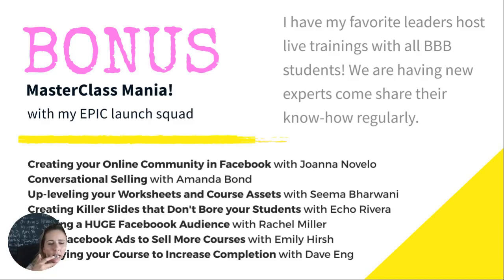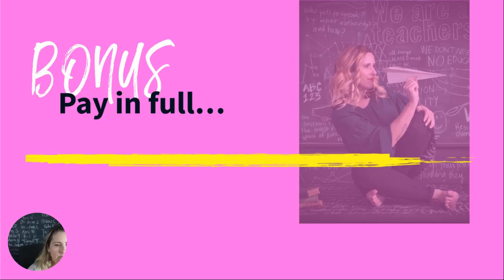Rachel Miller's amazing. Just Google Bond. I mean, any of these people. Joanna's a little more behind the scenes, but of many people's businesses. She's actually launching a course out of Build a Better Beta this week or last week, I think. But Emily and Amanda are amazing Facebook ads people. Echo is higher ed, and so is Dave. So many of you might be like, oh, I don't know them. That's because they're from a different space, but that's also a positive. Seema's awesome. She's part of Bushra Zar's world as well, and has worked on some amazing courses.